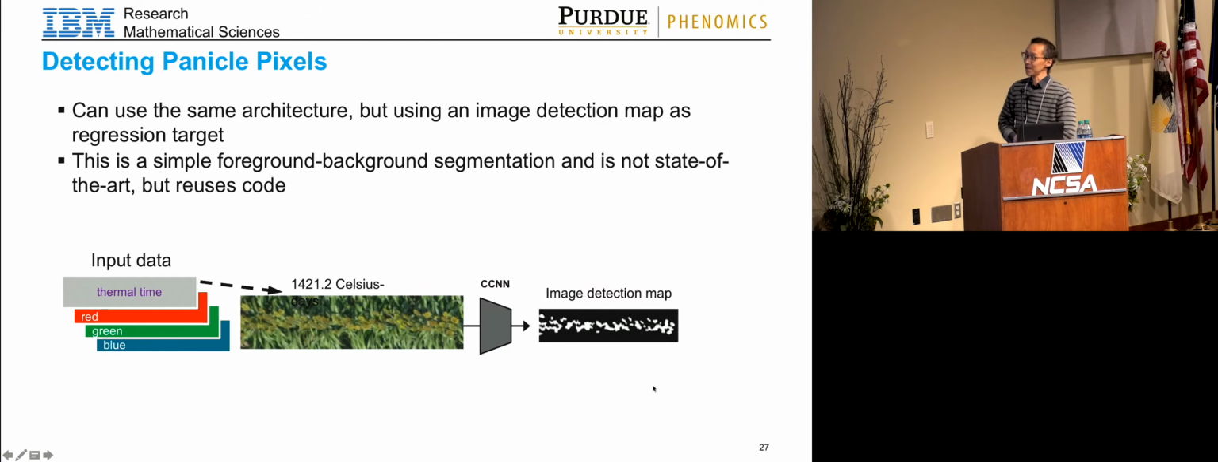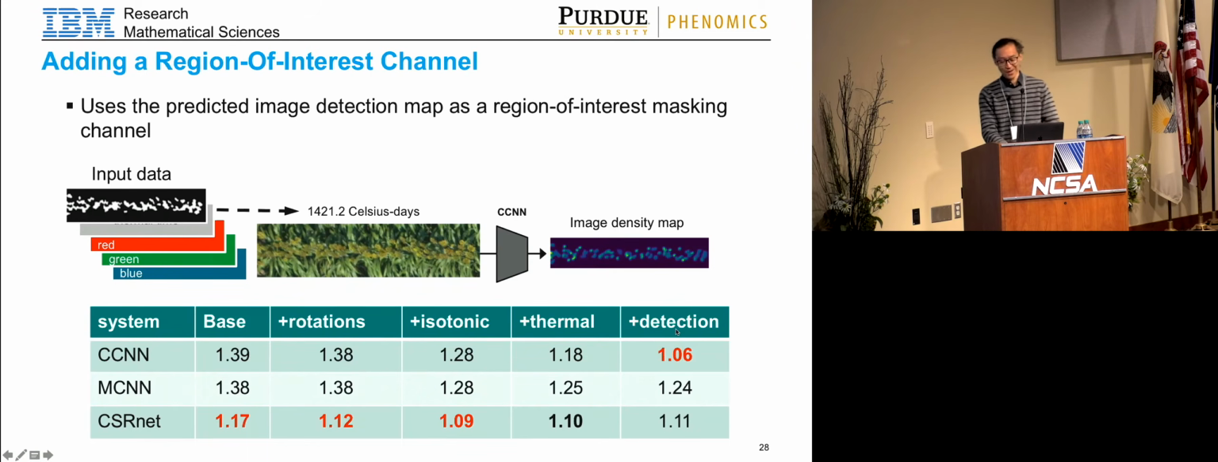Finally, we used another additional trick, which is to use the particle detection. We used a similar model to detect the binary detection of where the particles are. And this allows you to focus on the right part of the image. And this allowed you to finally beat CSRNet in terms of